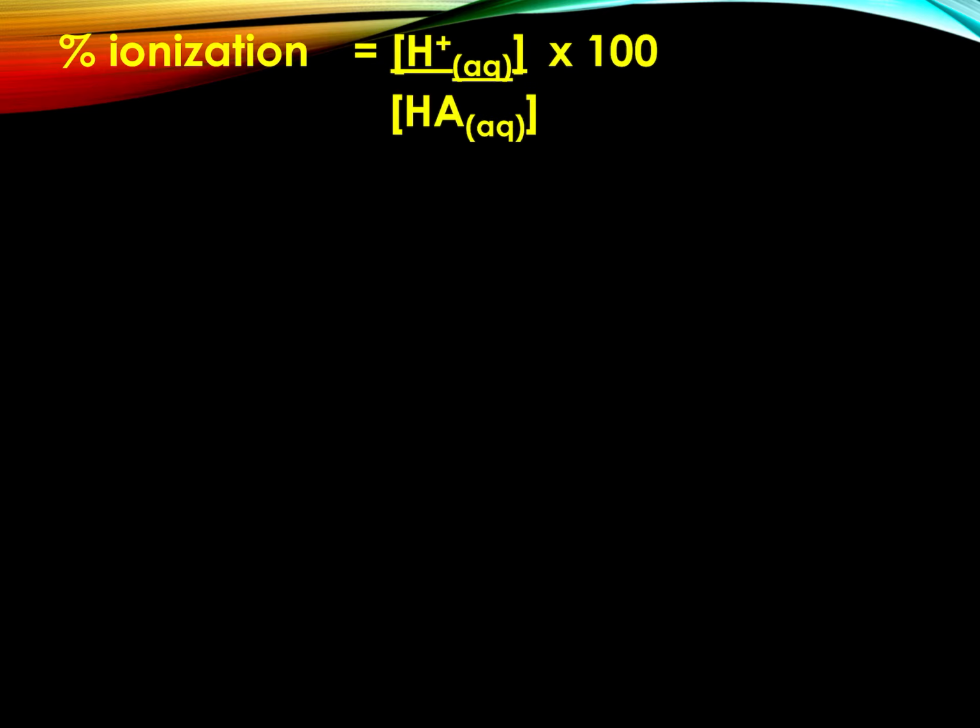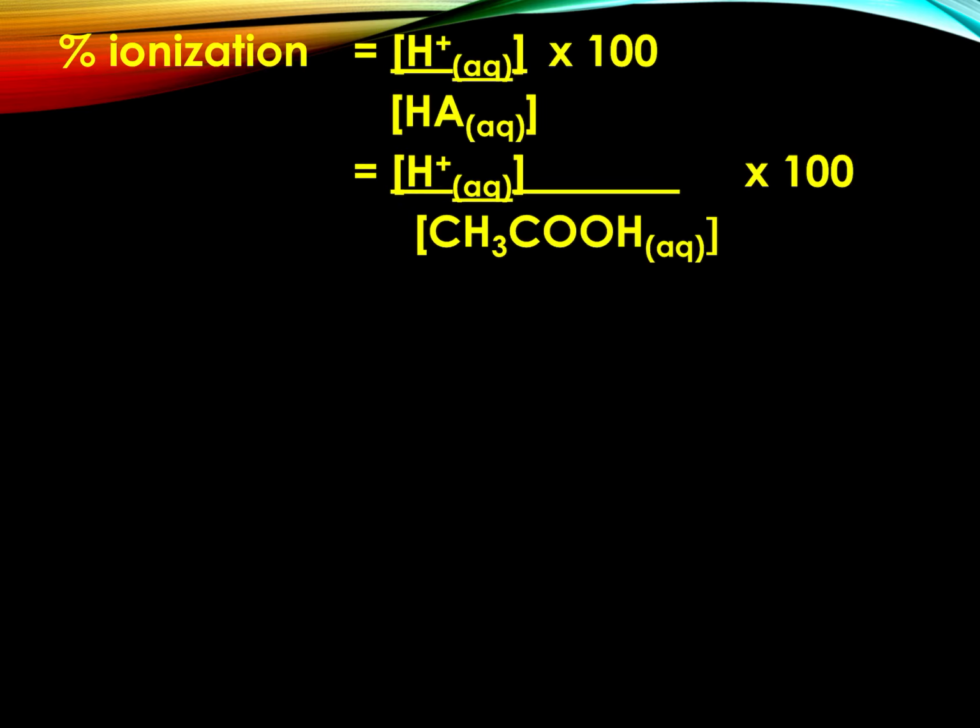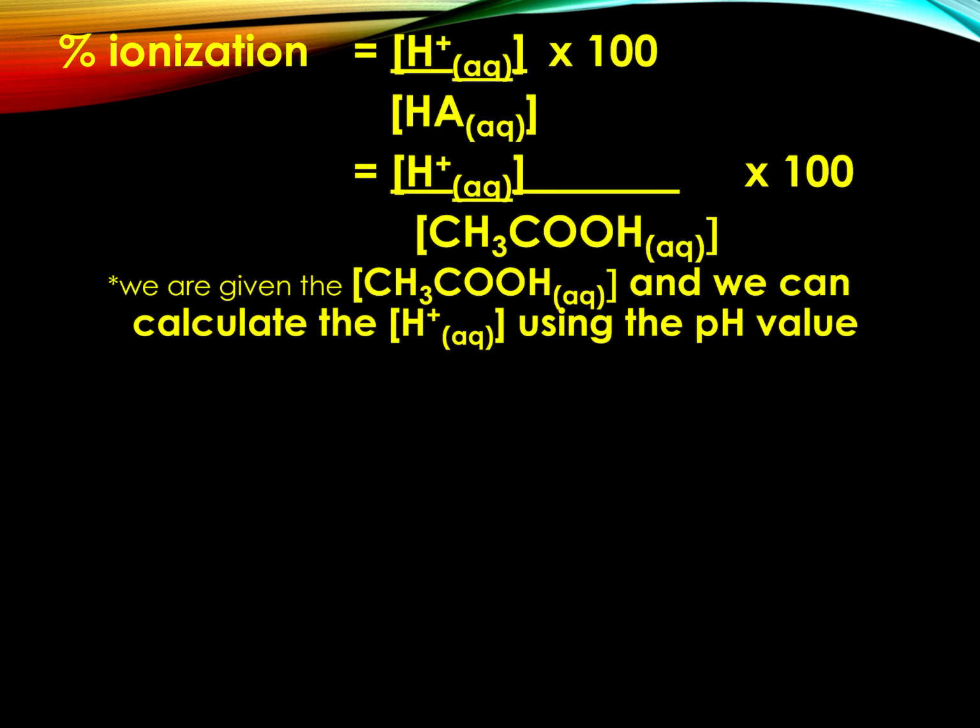Okay, so percent ionization is the hydrogen ion concentration over the acid. So again, we are given the acid concentration. We're going to use the pH value to calculate the H+. So 10 to the negative pH. So this is 10 to the power of